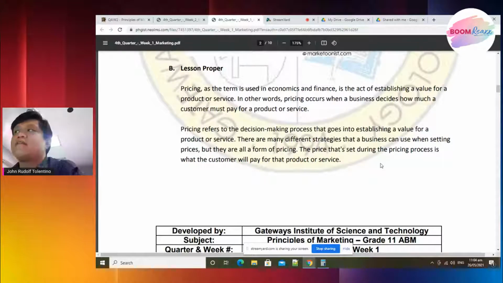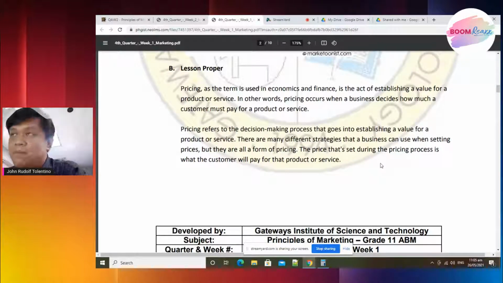Okay, it's establishing the value, kung gaano daw kahalaga ang isang produkto na ibinebenta sa merkado. Okay, so naka-base yun sa presyo, kung magkano yung presyo niya. So kung magkano yung halaga niya, it states about the value or how precious or how cheap the product is being sold to the market. In other words, pricing occurs when business decides how much customer must pay in a products